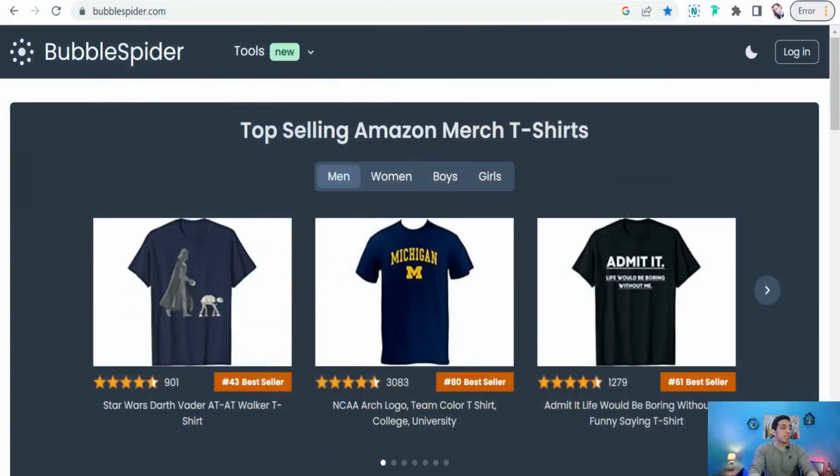Now we can begin with the first website for today, that is bubblespider.com. At first glance, you can find the top selling items on the biggest e-commerce site on the internet, which is Amazon.com. As you see, top selling Amazon merch t-shirts in different categories like men, women, boys, and girls. So here you have to go with the flow with these amazing trending designs like this one, Michigan and Admitted,